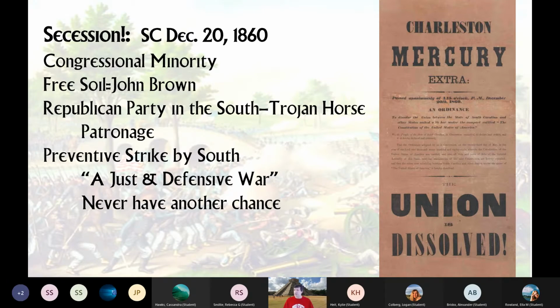As they saw, we'll never have another chance. We must fight. And this just and defensive war against a potential enemy is a scary cause for war, because this is exactly the reason that Imperial Germany would go through a series of events starting World War I. And this would be the exact reason that Hitler and Nazi Germany felt they had no choice to go to war, because we must stop the threat of the communists and the socialists. They were rabidly anti-socialist and anti-communist in Nazi Germany, well, Nazis were.